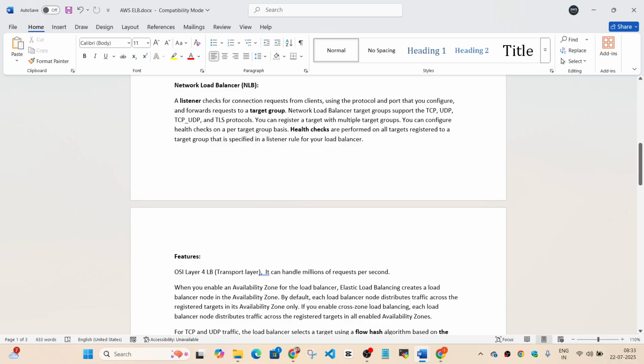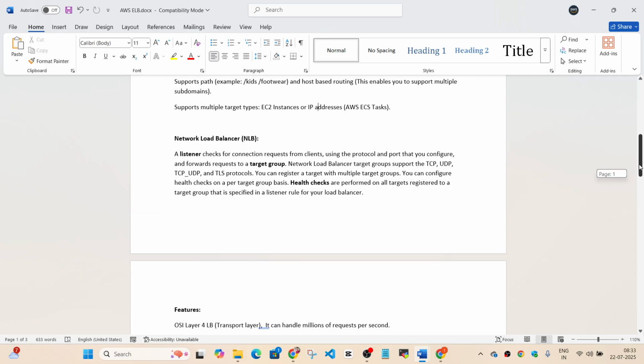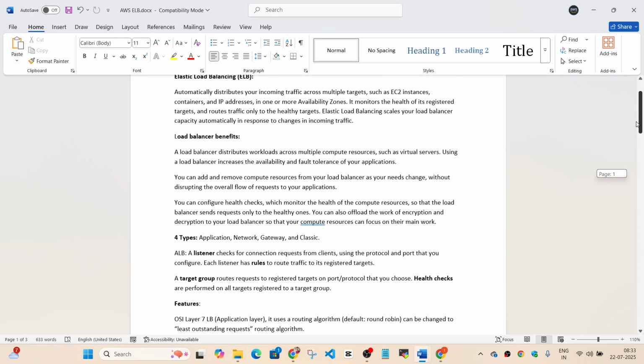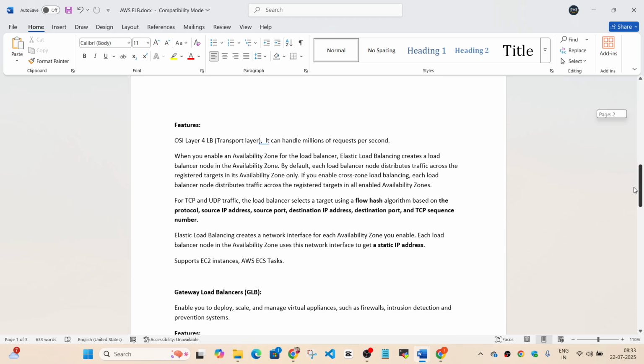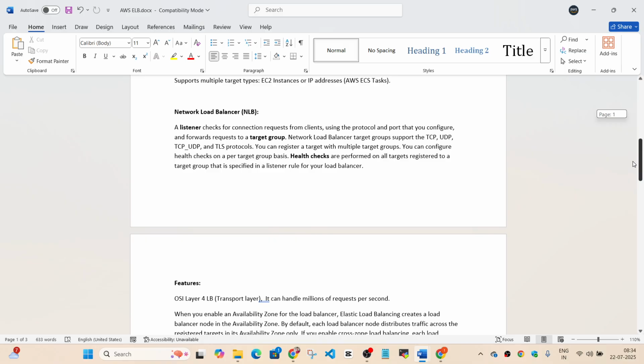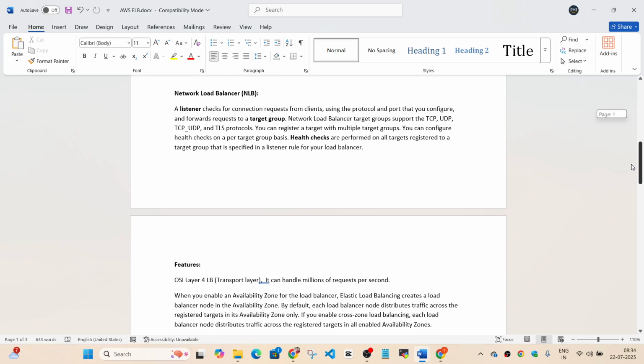So in the transport layer, you have TCP, UDP, and other protocols. Okay, if you see here, application load balancer uses HTTP. Okay, I haven't written here, but this layer 7 means it uses HTTP and HTTPS, in general, in most cases. But with NLB, you're going to use TCP, UDP, okay, which are layer 4 protocols. So this is how these things matter.